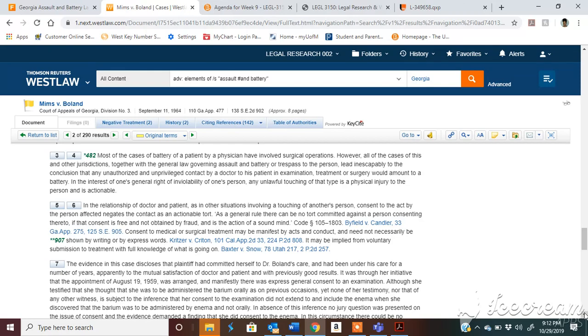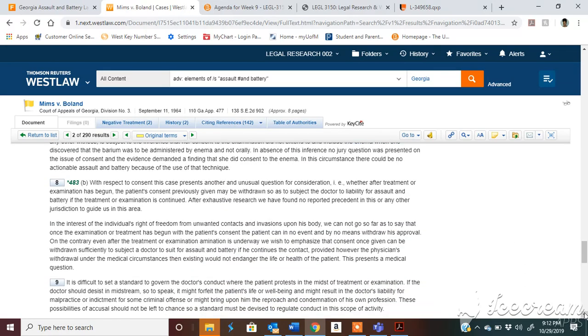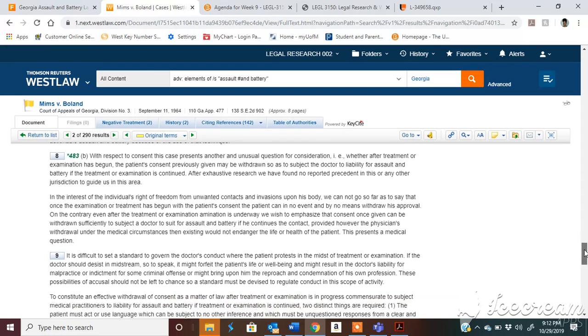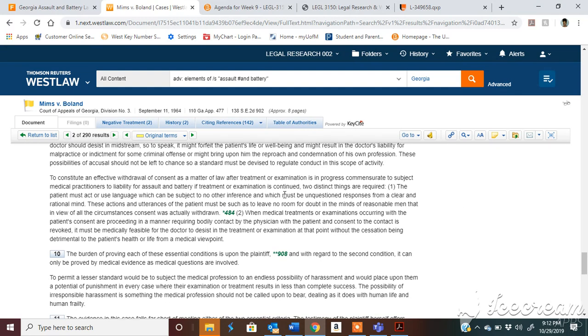The judge points out in this particular opinion, one moment, here it says, to constitute an effective withdrawal of consent as a matter of law after treatment or examination in the progress